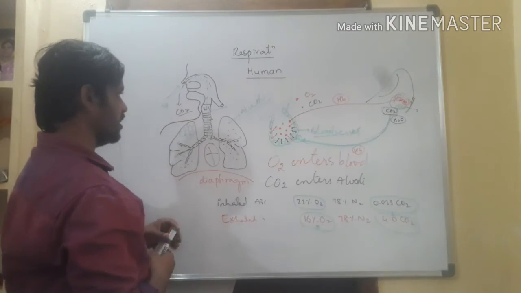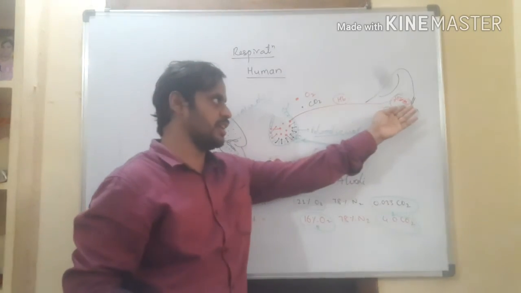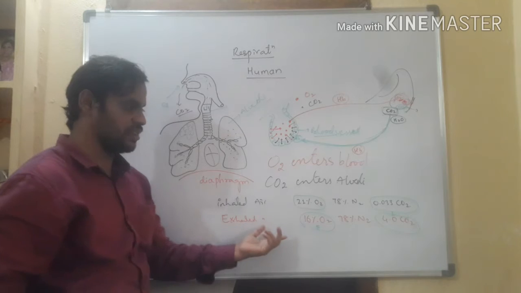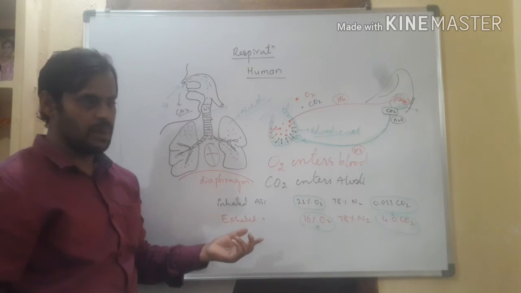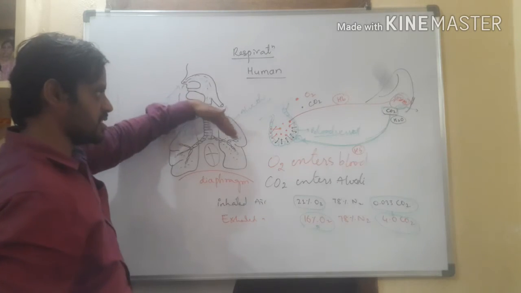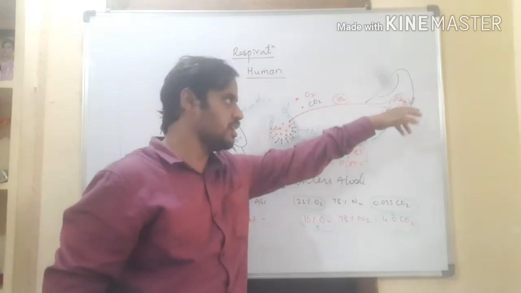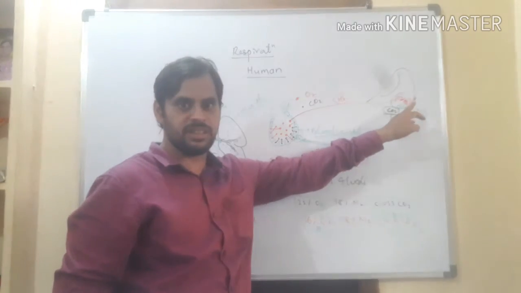So in this manner, in our respiration, oxygen is utilized to release energy and carbon dioxide is sent out during exhalation. Right? The whole process is called respiration. Respiration is a process in which oxygen enters into the lungs, from lungs to blood, from blood to body parts to cell. In the cell it breaks the nutrient and releases carbon dioxide and water along with energy.